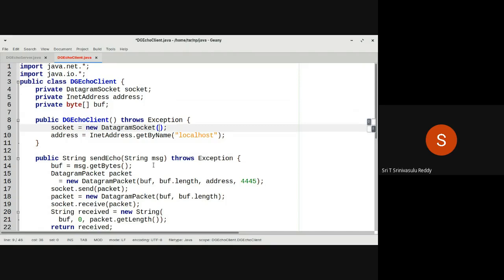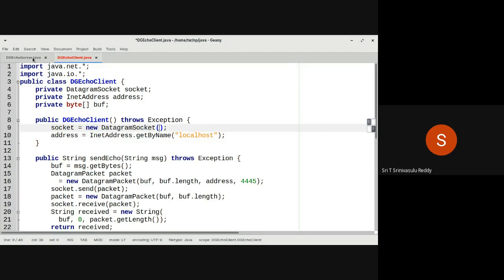Only when you want to give a specific port do you need to specify it when running the client. If you are not giving any number here, that means the datagram socket is going to create a new socket with any available port number. That is good enough for running the client, because when the client sends a request, along with the request, the client knows its own port number. It will send that. That's why the server can give the reply back. So you don't have to specify any port number here.